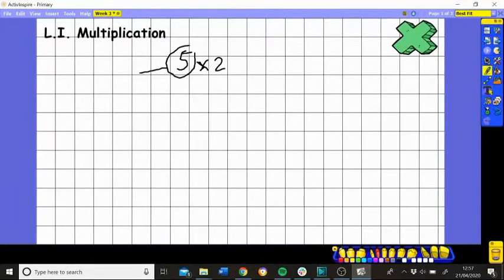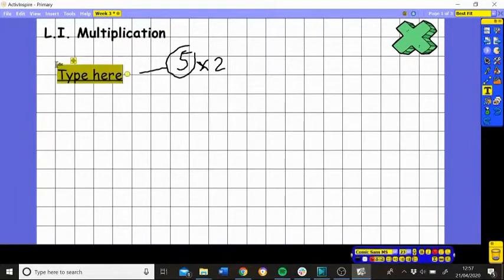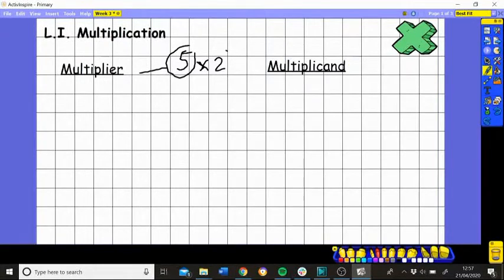multiplier. And the second number is the multiplicand. So this is the technical part, which is good to know, but it's not important, so you can always skip